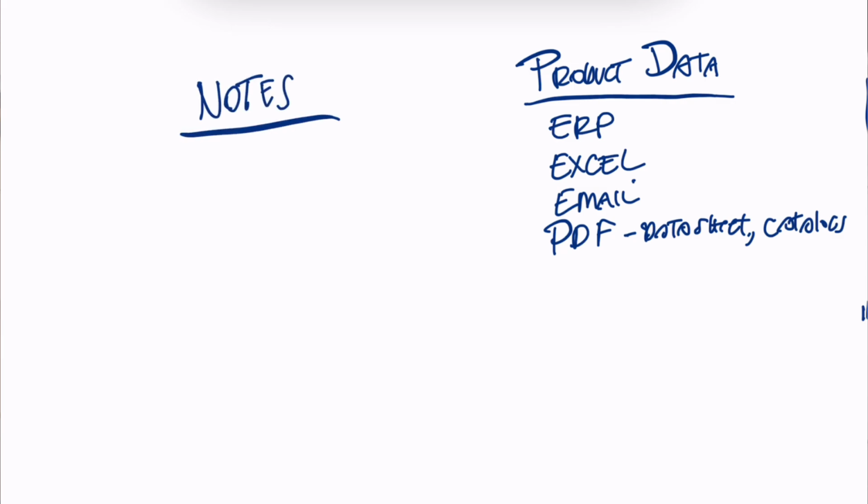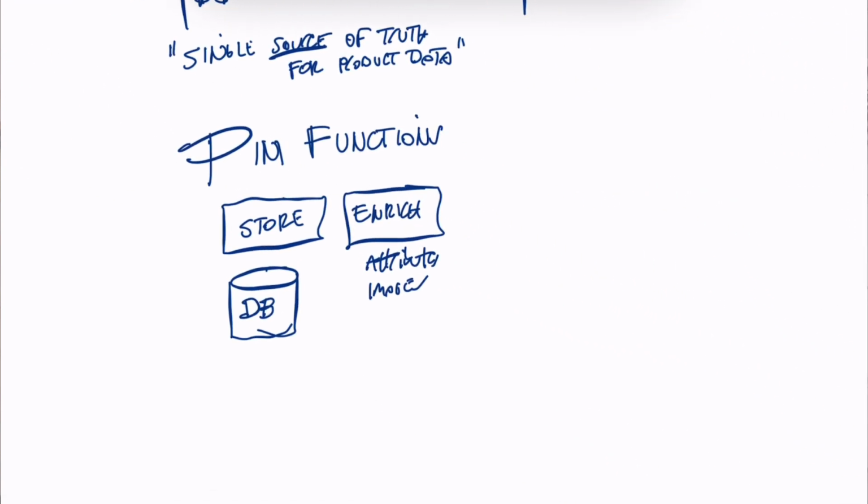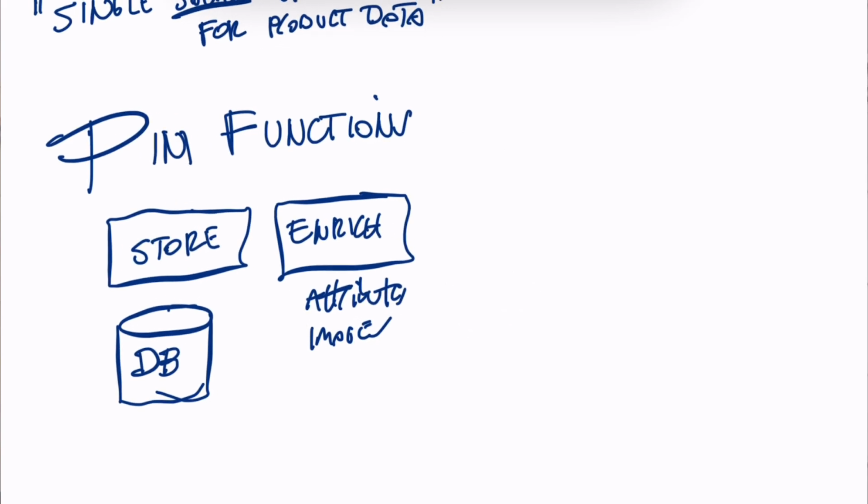What's interesting, I think, about product data is that it's not about storing product data. It is about using. Meaning the only reason you want to store product data and keep a source of truth is that you want to use it. You want to use it in a bunch of places, in a bunch of systems. So when we think about PIM functions, the next thing we talk about is that along with storing and enriching it, it has to go somewhere. And we call that